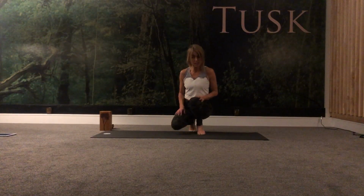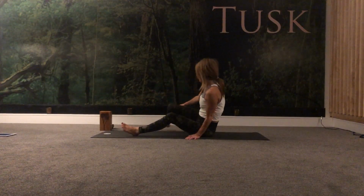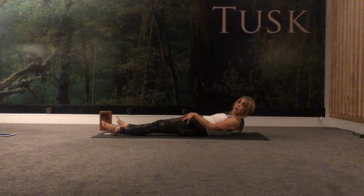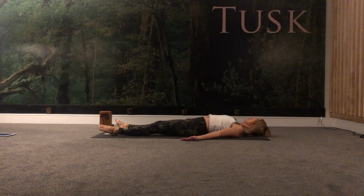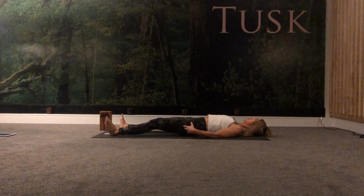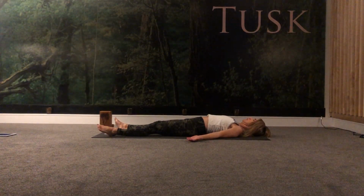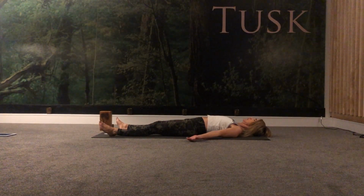So we'll begin in Shavasana, come down onto our backs. Allow the legs out wide, the arms out wide, palms facing up. Lengthen your neck, just roll the shoulders away from your ears, adjust your hips, find a nice comfortable position. We'll just stay here for about 6 or 7 breaths, just slowing everything down. I want you to feel like you're